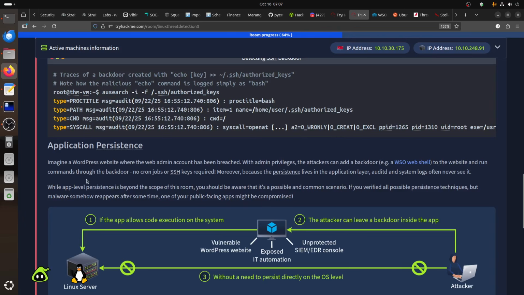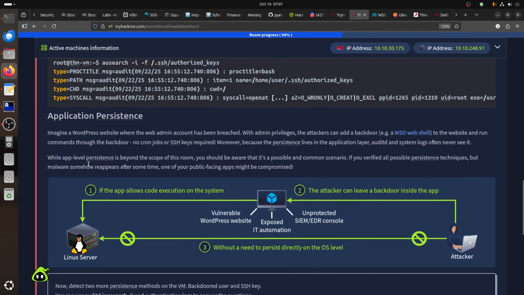To open and run commands through the backdoor. No cron job or SSH keys required. Moreover, because the persistence lives in the application layer, auditd and system logs often never see it. While app-level persistence is beyond the scope of this room, you should be aware that it is a possible and common scenario. If you verify all possible persistence techniques, but malware somehow reappears after some time, one of the public-facing